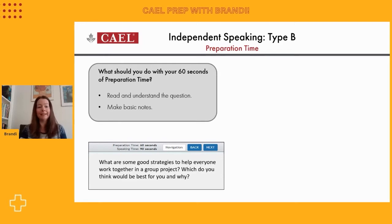We've already read it together here once today, but on the test, remember your prep time includes the length of time it takes for you to read the question through. So you would do that fairly quickly in the matter of say 3 or 4 seconds. And you'll notice here the questions at the bottom of the screen. There are 2 question marks. So that means there are 2 different parts to this question that you're going to need to answer on the